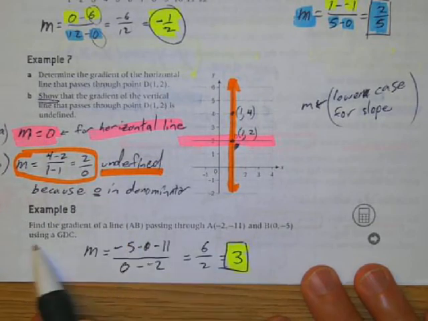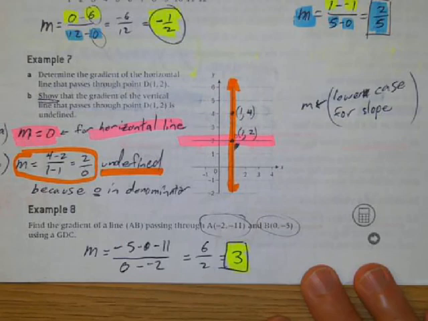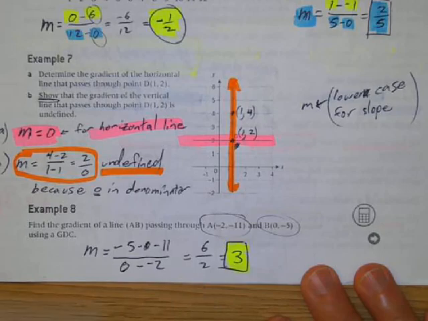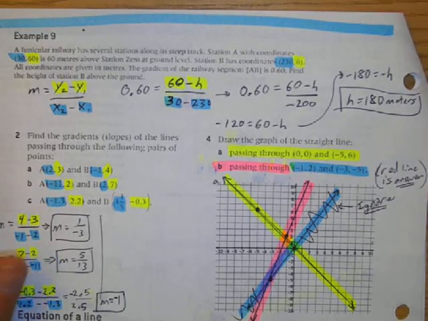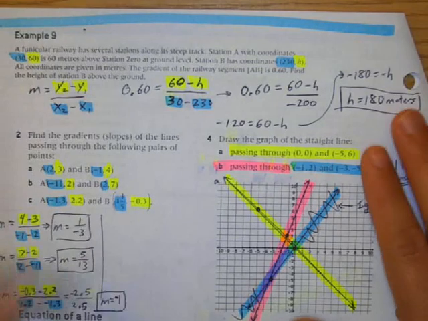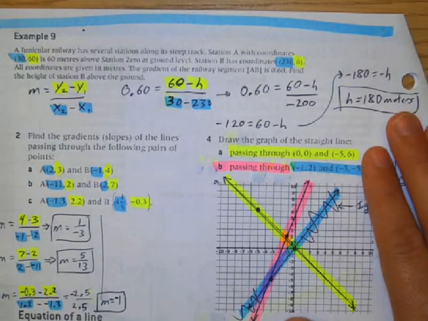Okay, so in this one here, we have these 2 points, and we calculated the slope. Negative 5 minus negative 11 is going to give us positive 6, and 0 minus negative 2 is going to give me positive 2. All right. Okay, so let's look at this next one here. Okay, so here we've got y2 minus y1 over x2 minus x1, and this one's a little different because they've given you